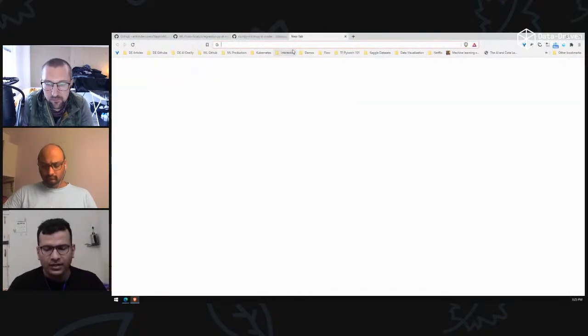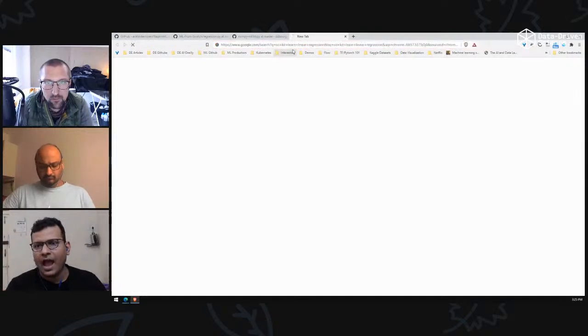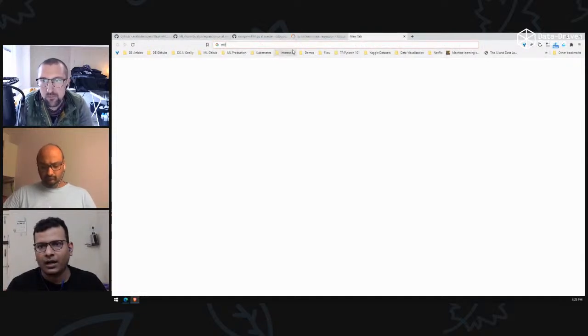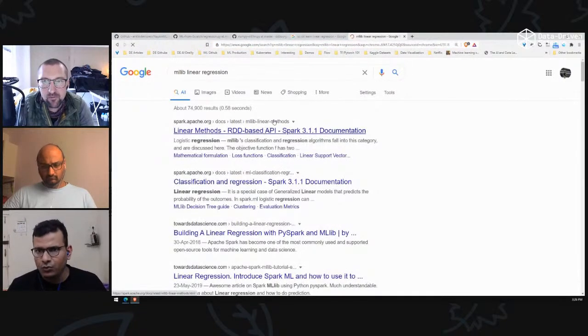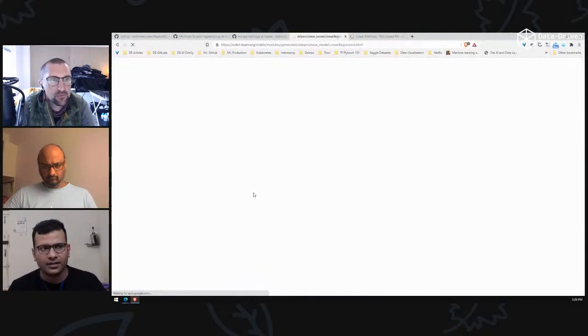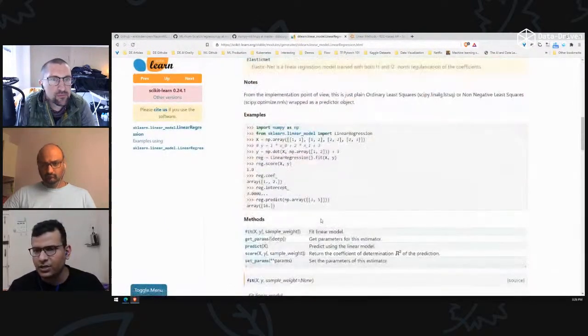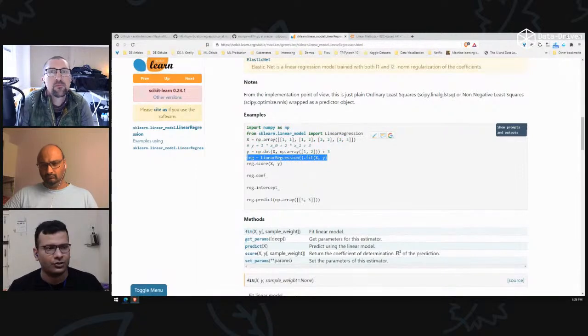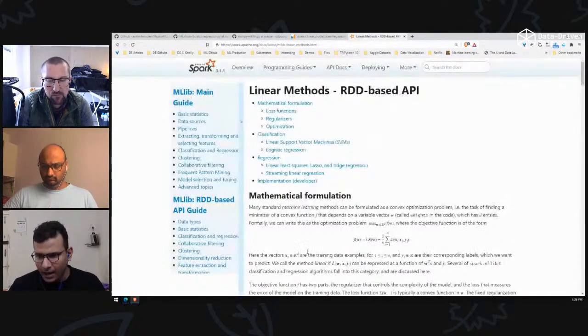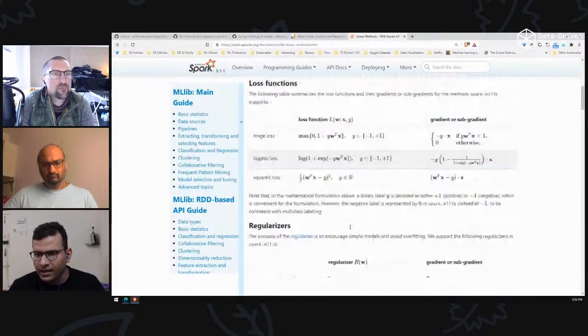That is why we use libraries. So if I'm using linear regression using Scikit-Learn, and let's say I'm using Spark MLlib, we can see how linear regression is done in Scikit-Learn, and the code is extremely simple. We import the corresponding library and we call the training function. In Spark MLlib, it is exactly the same way.